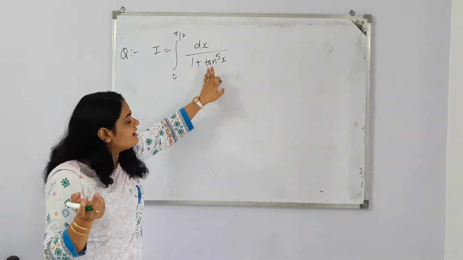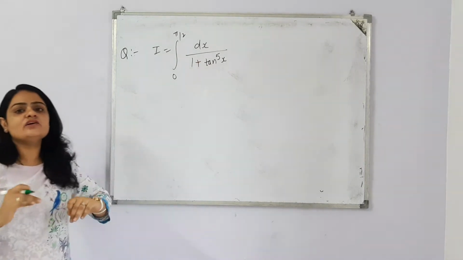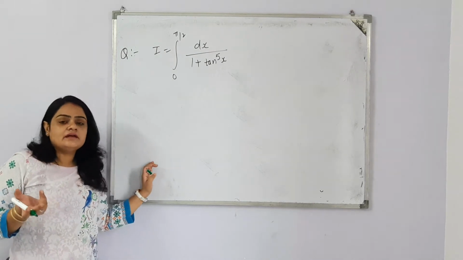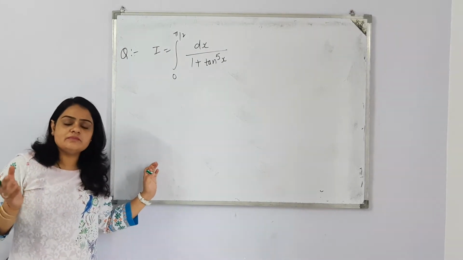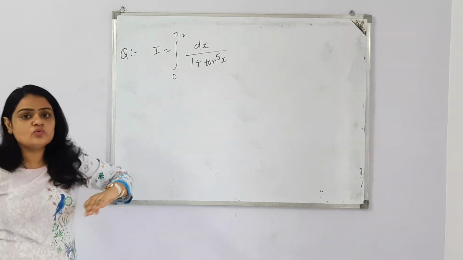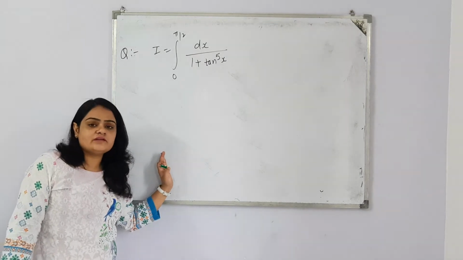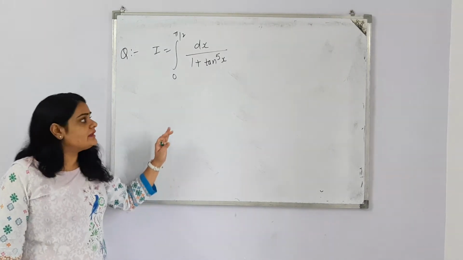So one function with tan and another function with cot, if we add or subtract them, we get nothing. There is no property or rule which is applicable. In the previous question we applied sin square x plus cos square x equals 1, which means an identity was applicable in that question.